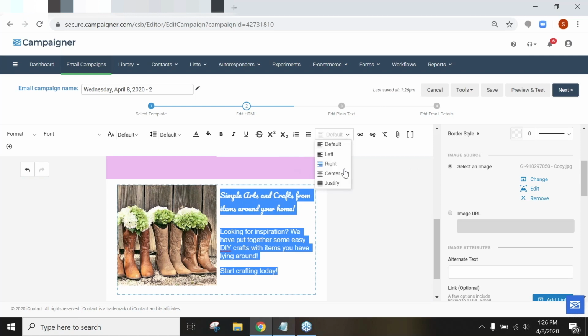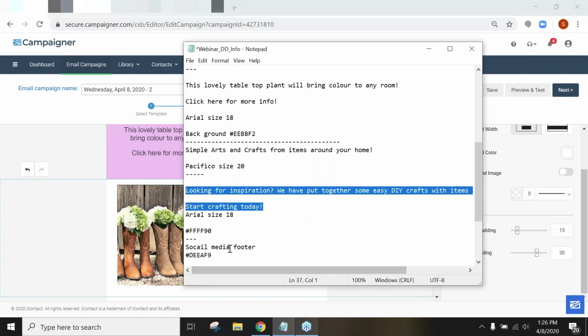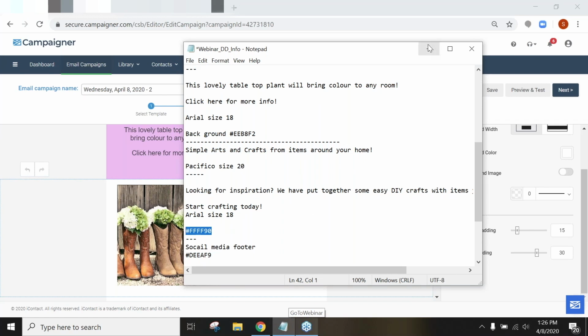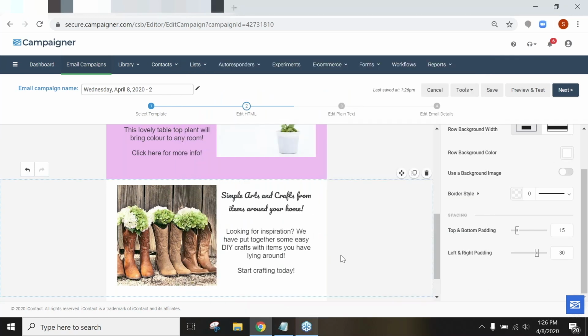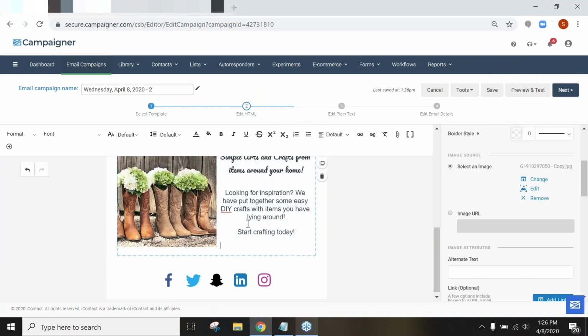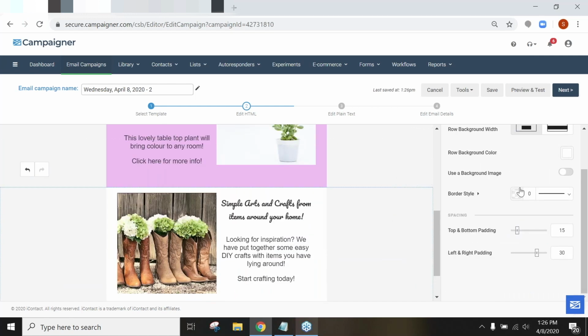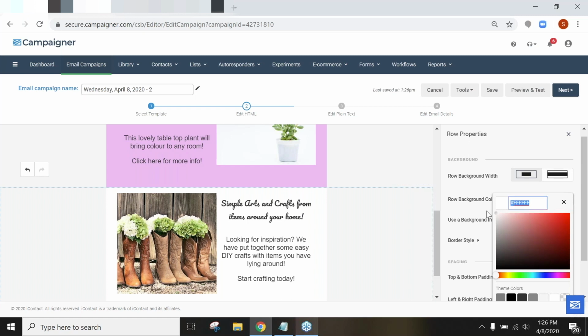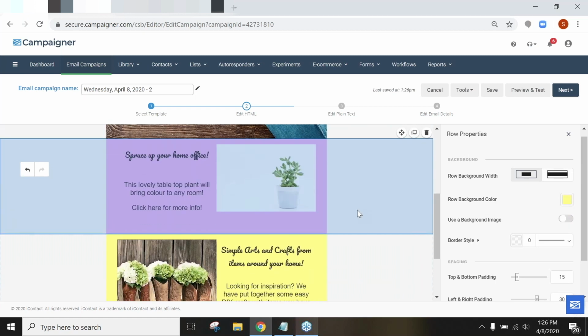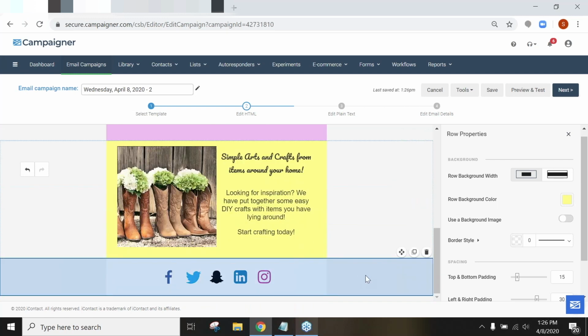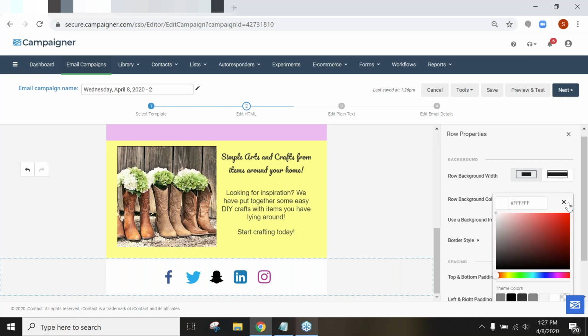Now with that, I'll highlight, I will click center, and I think I had more of a yellow background. So again, I'll click on the row. The reason I'm highlighting this is because you can click on the caption box and change the background just for that as well, whereas we want it to be for the whole row. The row background color, I'll throw that in, and this gives you an idea of how this goes together. I'm pasting in the hex codes, but if you didn't have the hex codes, you could simply come over, click row background color, and let's say we wanted to make this perhaps a lighter blue. It's simply clicking on the entire palette here,